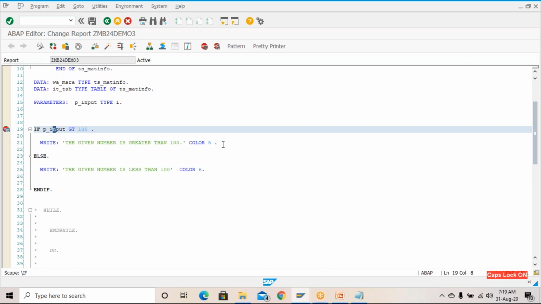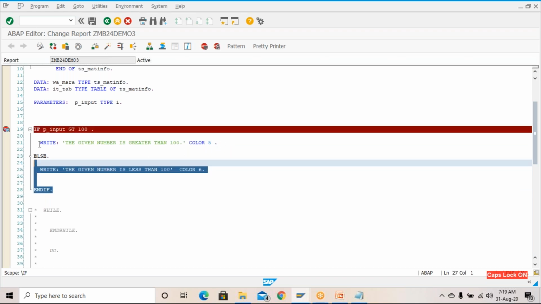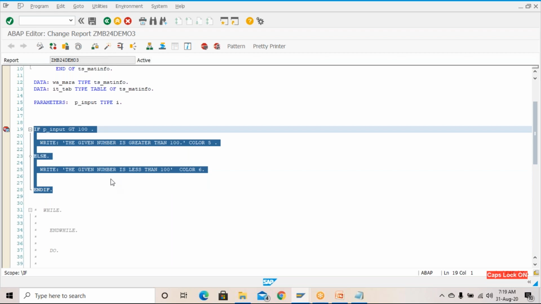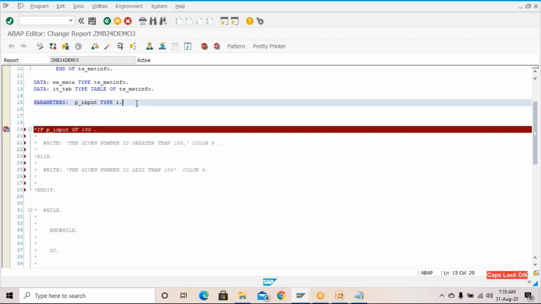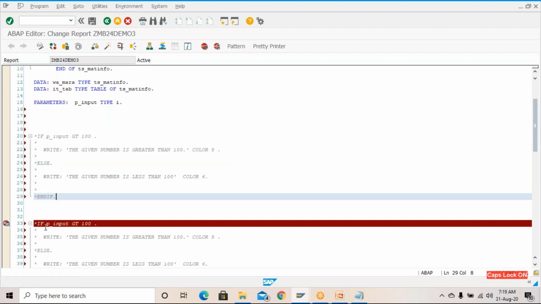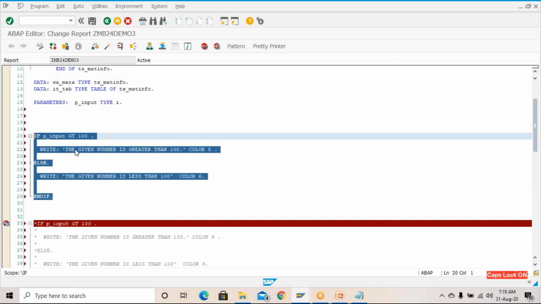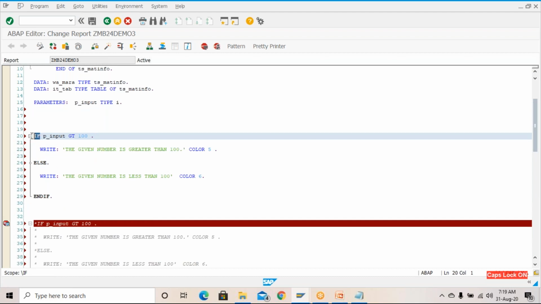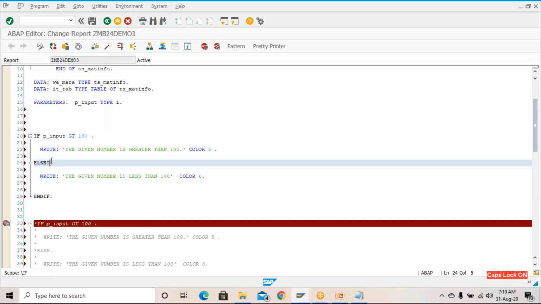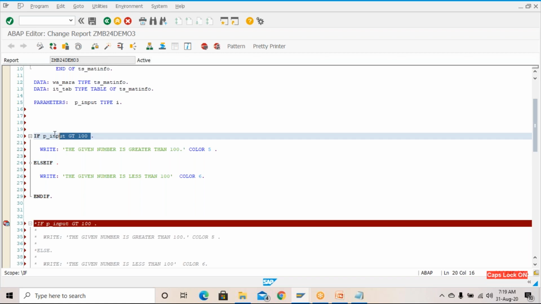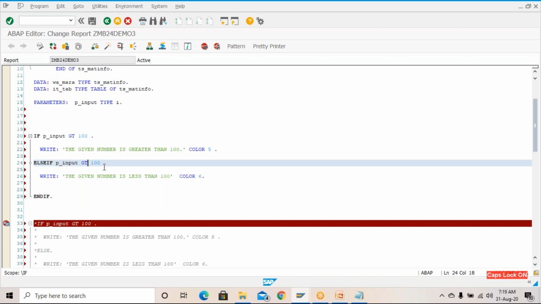So for that you have the syntax. This is one part of the syntax, I'm going to just comment it. Another way you can do it is to add an else if here. Just copy this one, and you can write p underscore input equals to, or eq, both are the same thing. Equals to 100, then